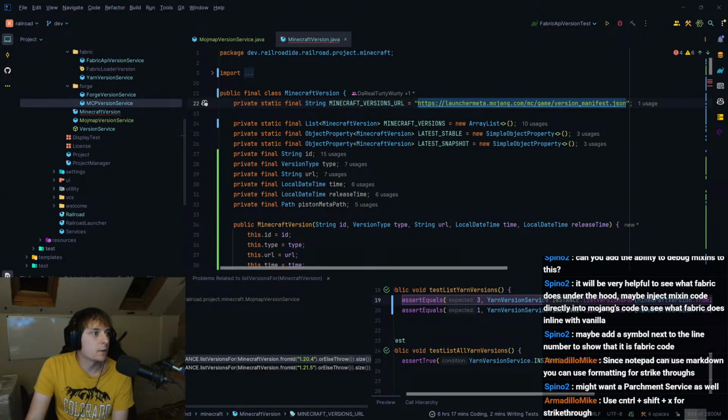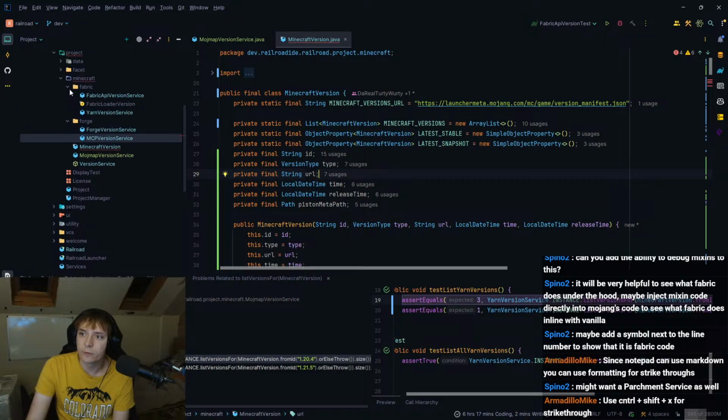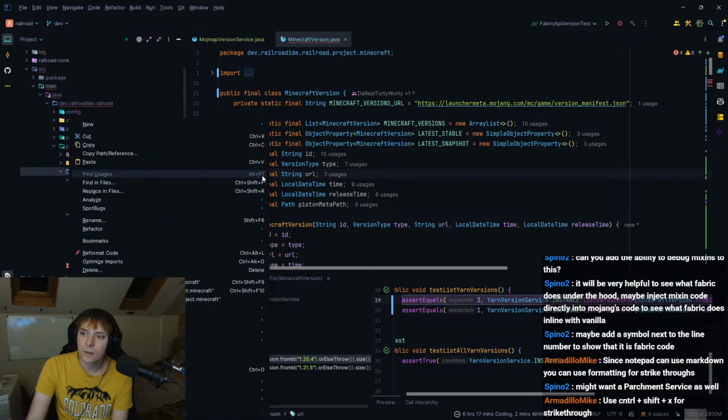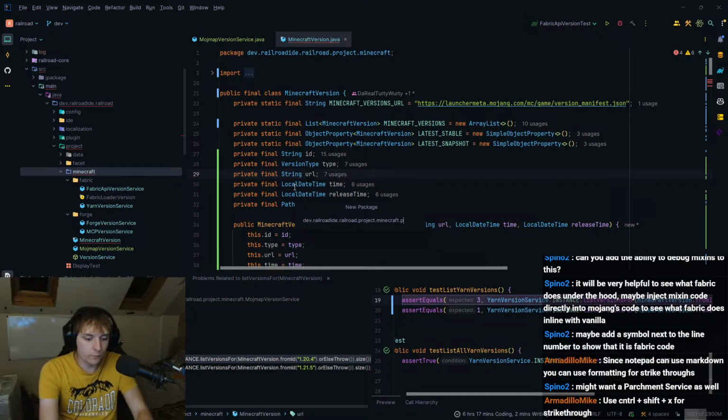So I'm going to bring this to my other monitor, and we're basically just going to recreate everything here. So I'm going to go into here, and I'm going to create a new package for piston meta.